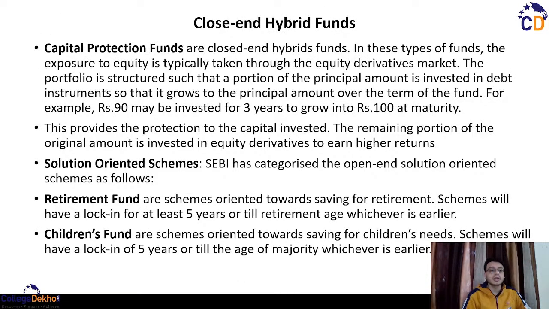And they mentioned some closed-ended hybrid funds also, like the capital protection funds, that is, if you want to maintain your capital and do not want to lose in the market. Then the solution-oriented funds can be in terms of retirement funds and children's funds. For example, if you want some money for retirement, or a child wants some money, that can be the case of the retirement fund or the children's fund. When I was talking about the arbitrage fund, I meant that you can take advantage of the imperfections in the market. If one market is cheap and the other market is high, then you can buy from the cheap market and sell in the high market. That happens basically in the field of derivatives.